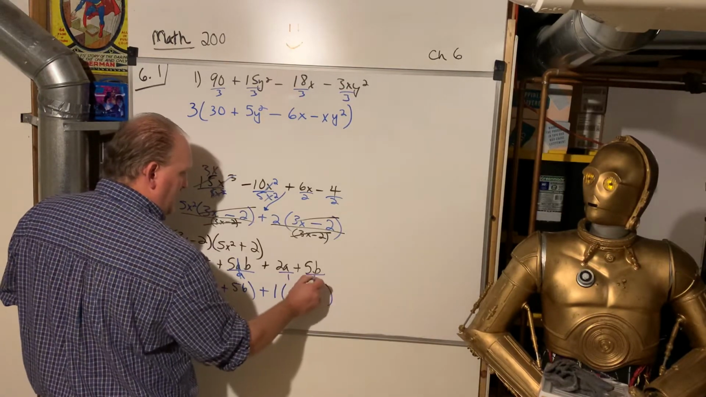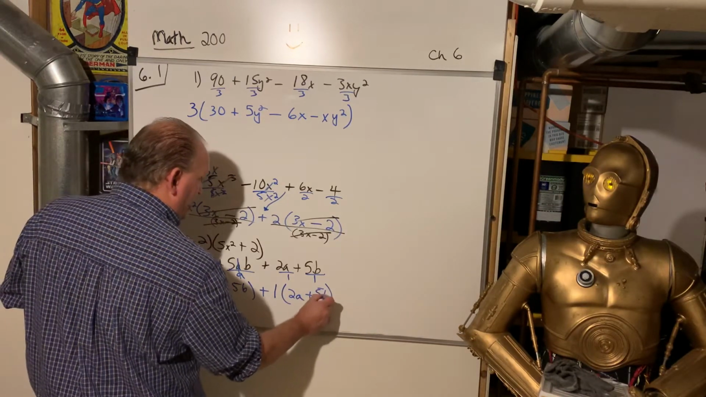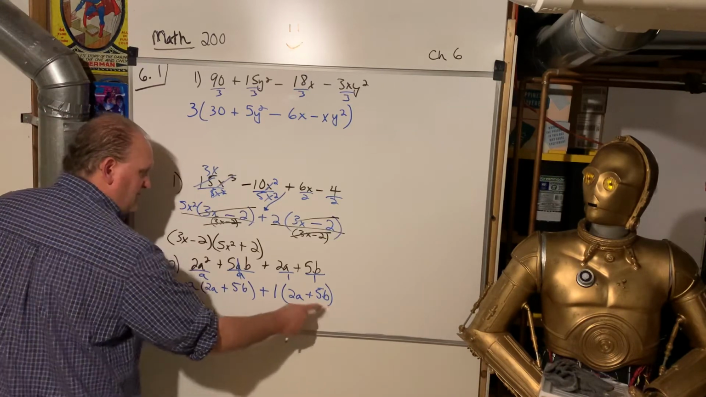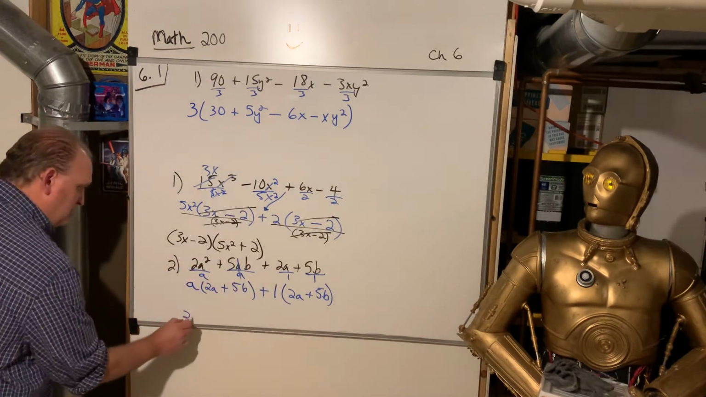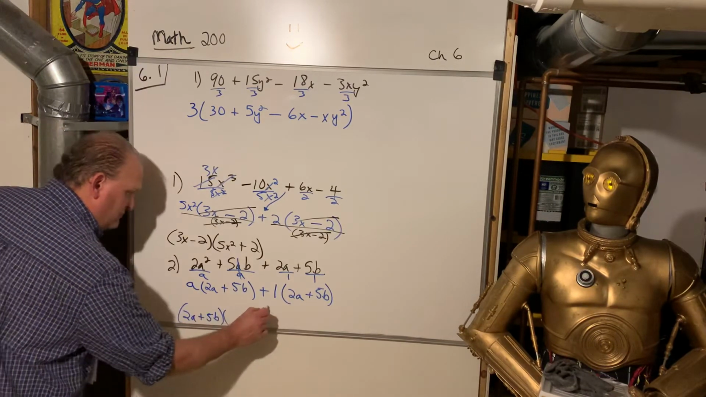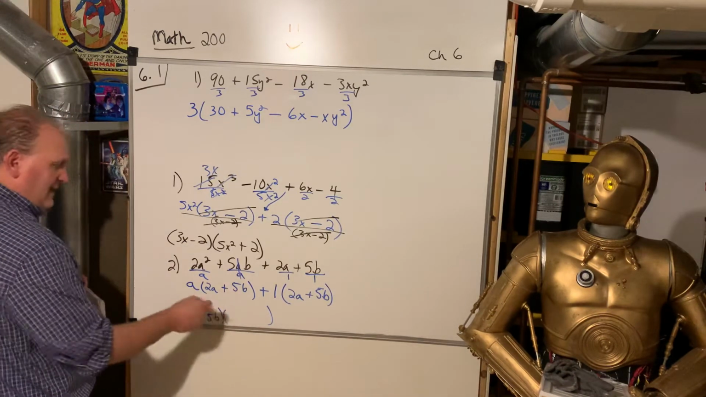Divide that by 1, divide that by 1, and then you get 2a plus 5b again. So now check it out. You got a 2a plus 5b, you got a 2a plus 5b. You factored that out. 2a plus 5b times something. And what's that something that's left? Well, that is,